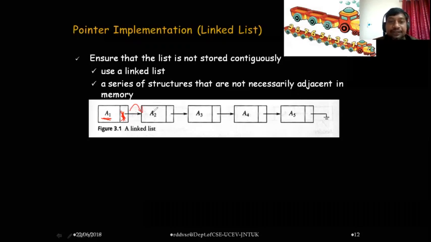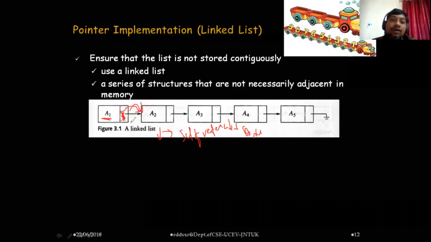A similar structure, we can say. That is the reason why we call them self-referential structures. Linked list is a collection of self-referential structures. This pointer points to another structure of the same kind, or the same kind of node.